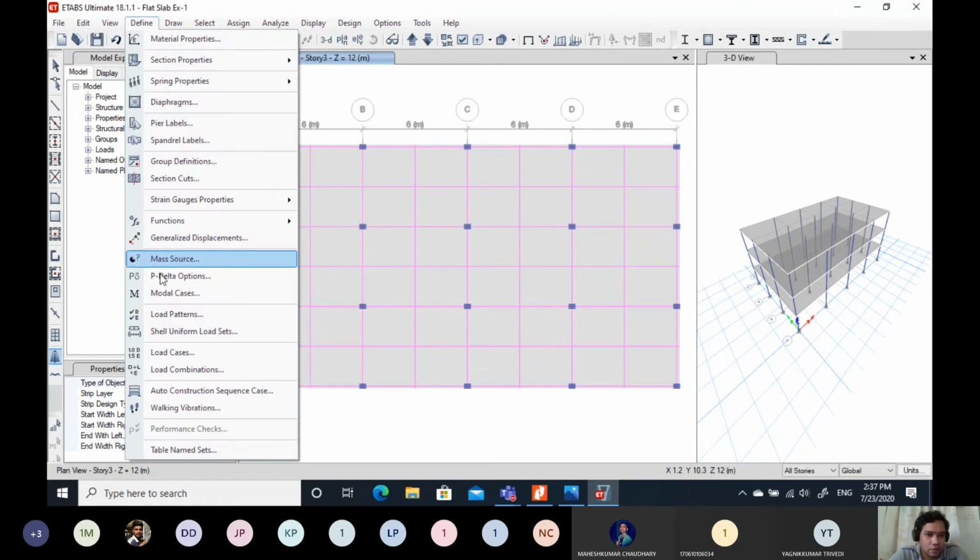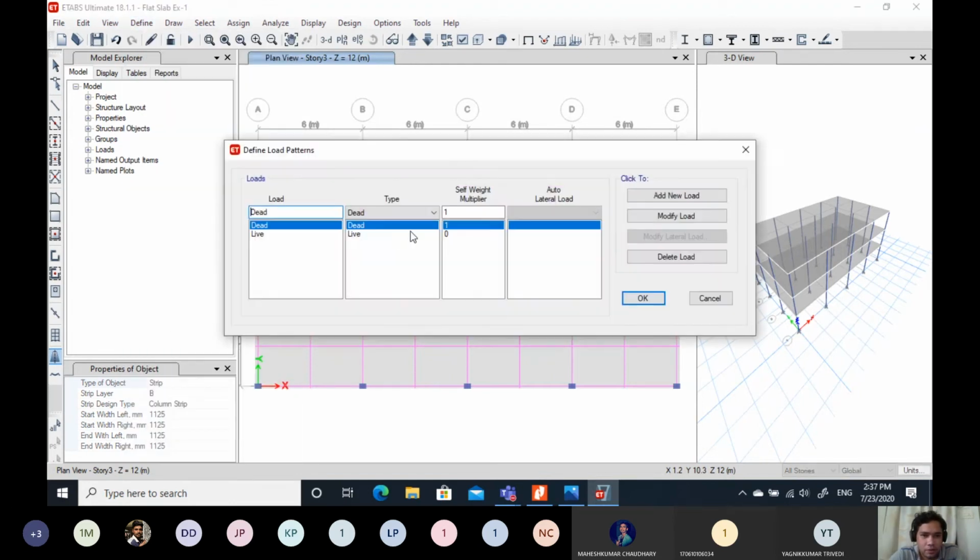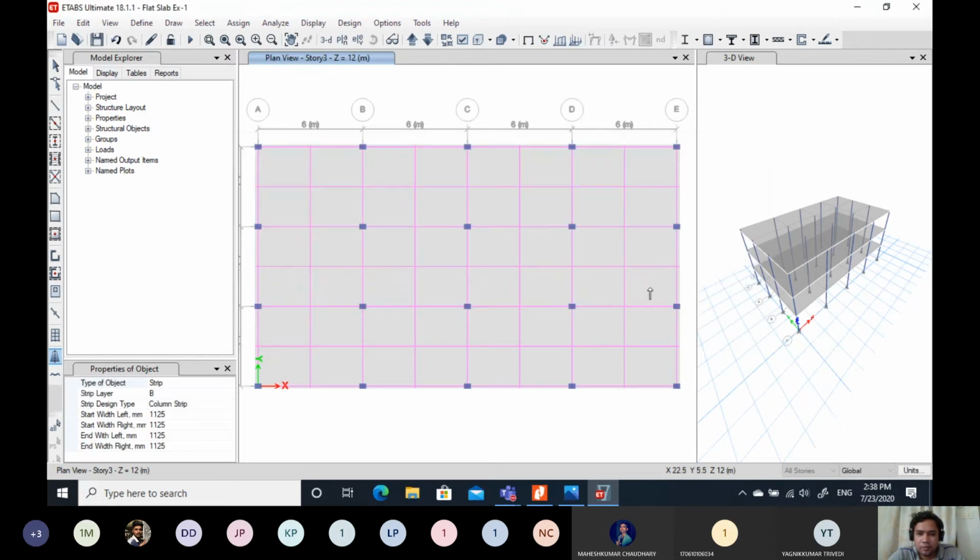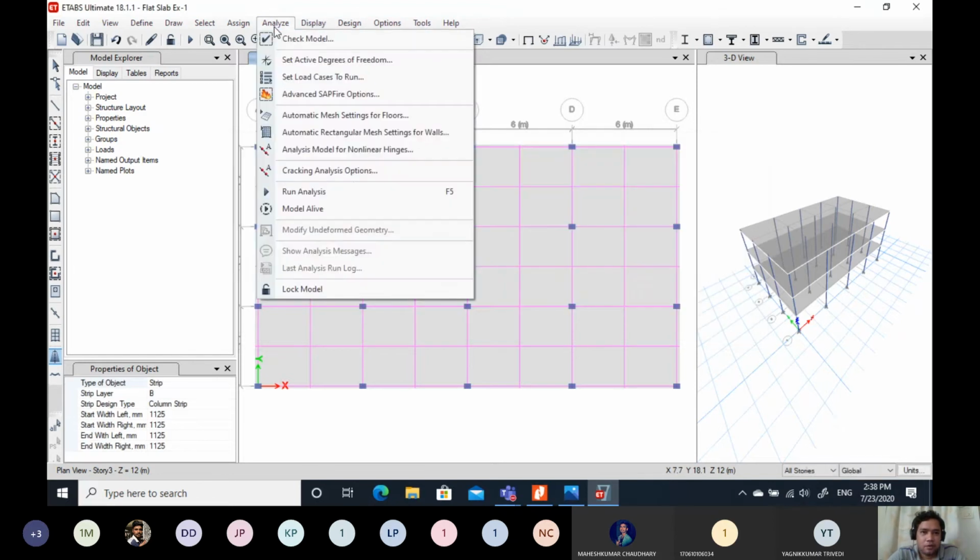You can also check the load pattern. Here the self-weight multiplying factor is set to 1, so the software will automatically calculate the self-weight of the dead load. So you need not worry about that. Click OK, and set analysis option.